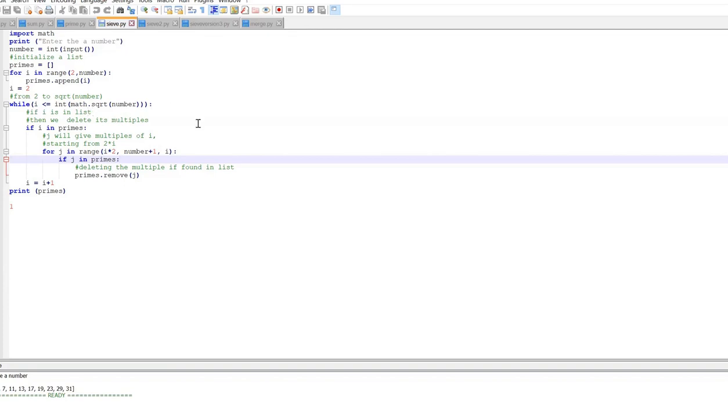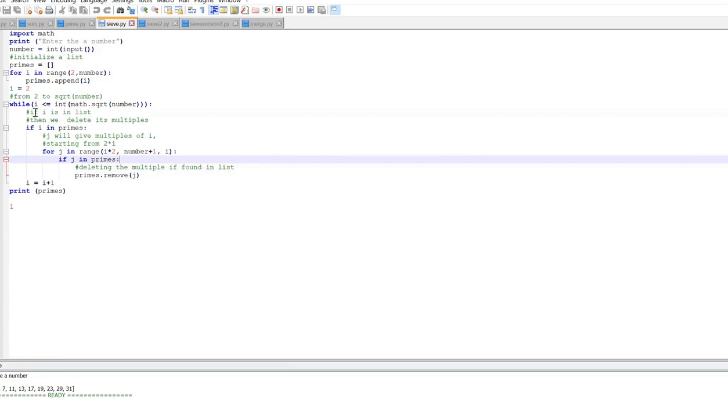It will not be there in the list. Why will it not be there? Because when I encountered the multiples of 2, which includes 4, I removed that number from the list. So I need not go further for checking multiples of 4. I'll just increment the value of I, that becomes 5. So 5, obviously, will be there in the list. So look for the multiples of 5 and keep on deleting. This process goes on until the condition of this while is true.